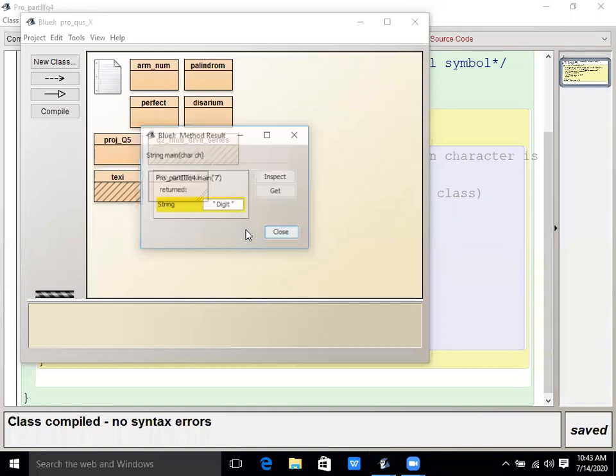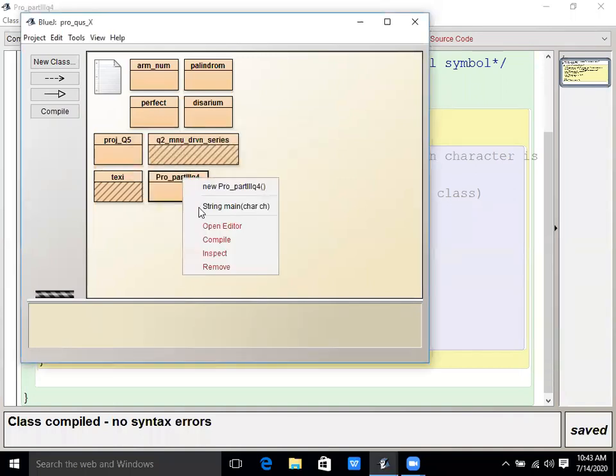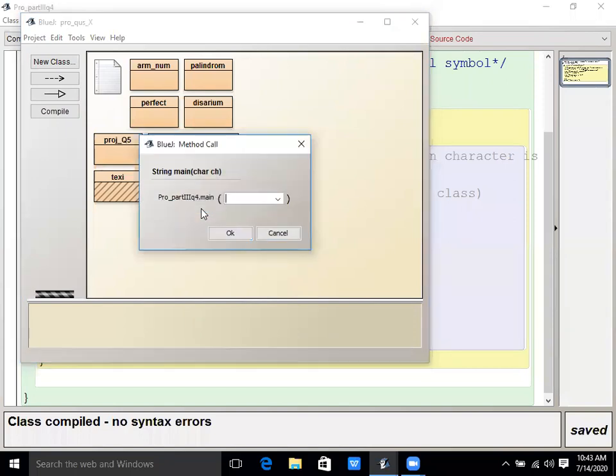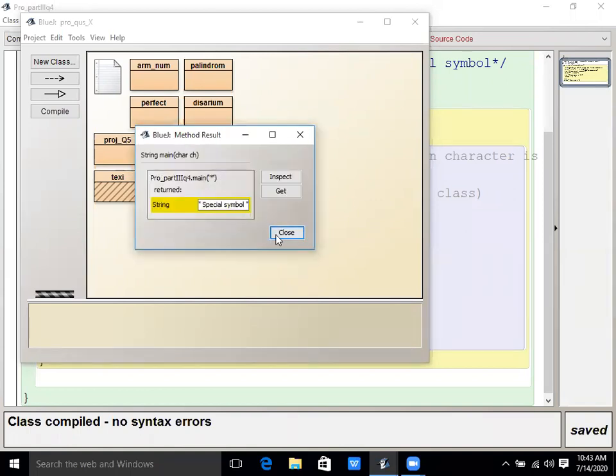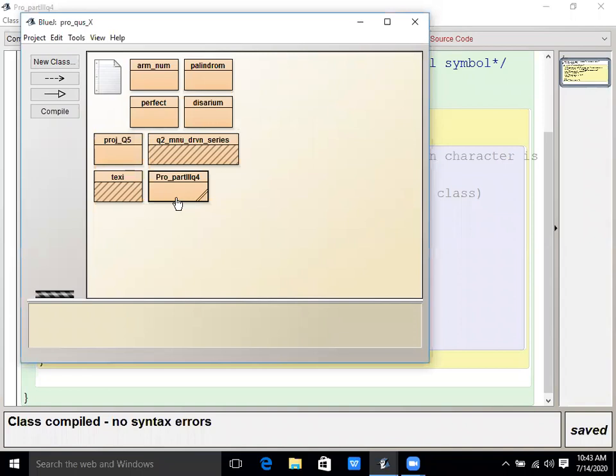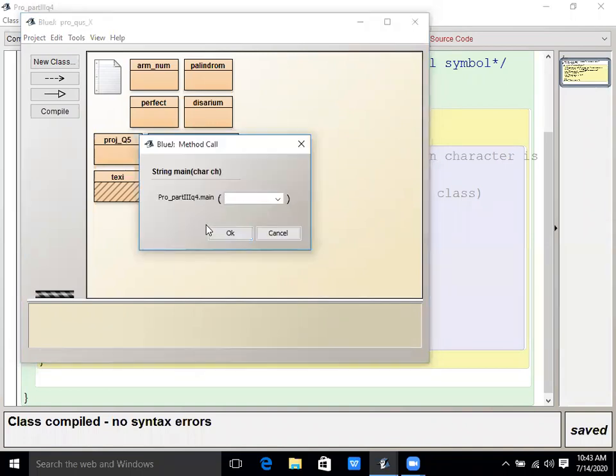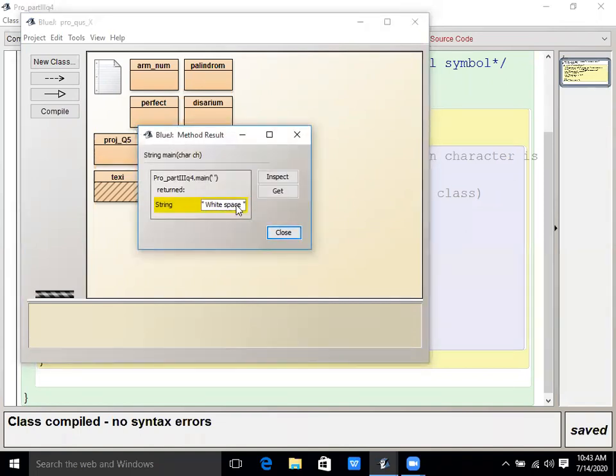Okay, now it says digit. Then again I'm giving a special symbol, suppose star. Okay, then special symbol. Now I'm giving white space. Space, single quote close. White space.